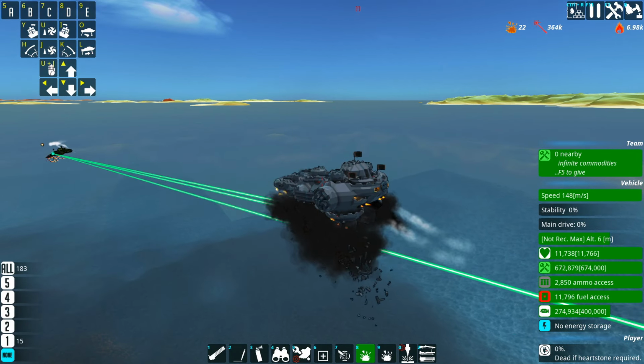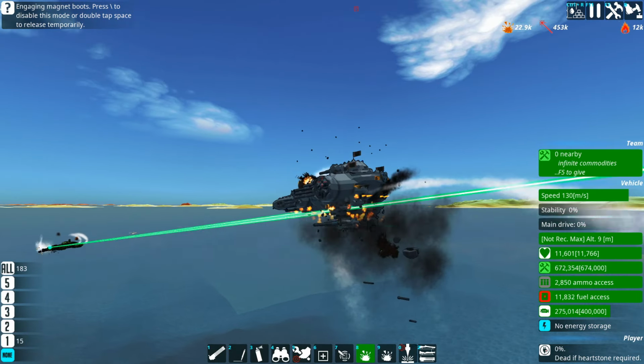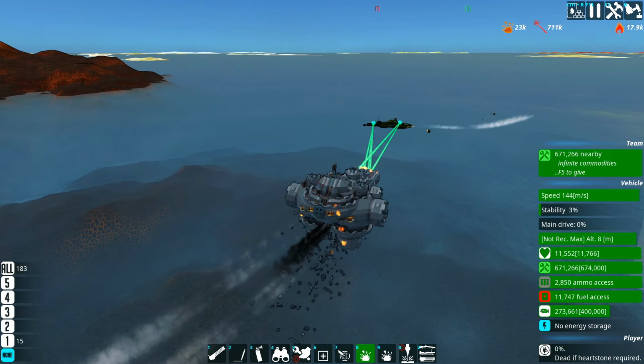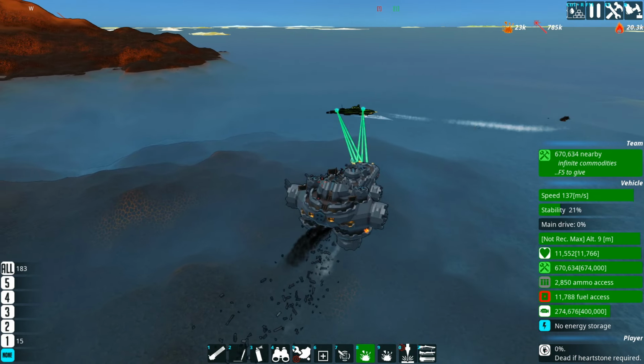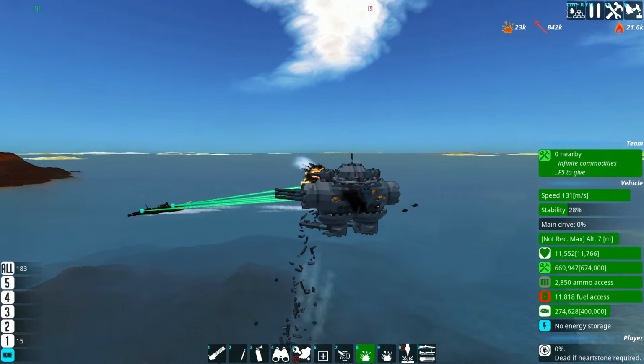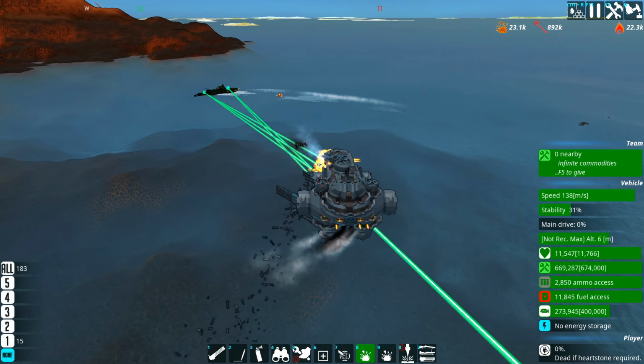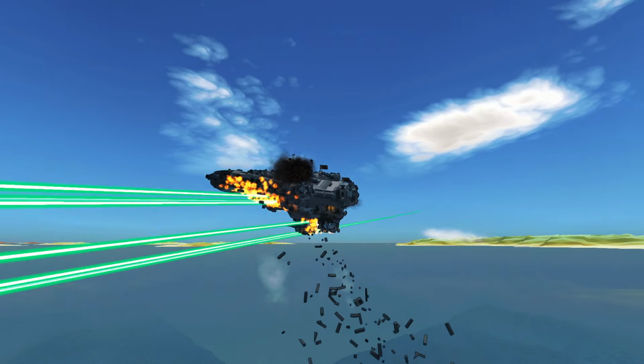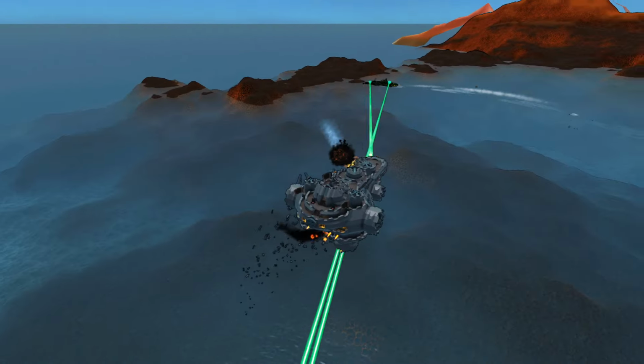So that's immediately, within a few seconds, like 500,000 laser damage. So really quite a lot. 6% health taken off immediately. That's what you've got to worry about. In fact, it helps when you're fighting these guys to kind of...